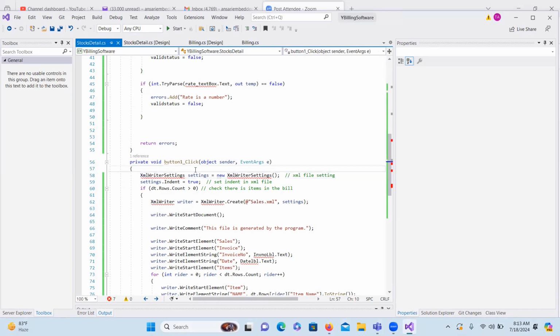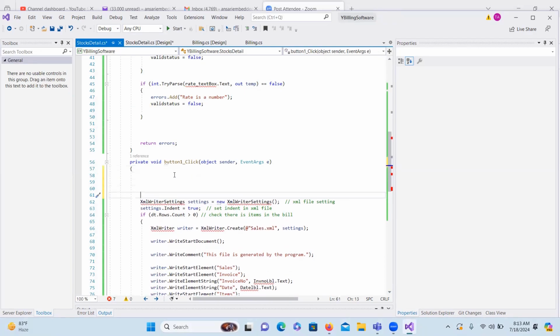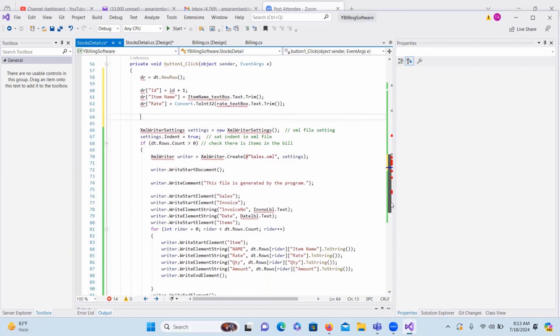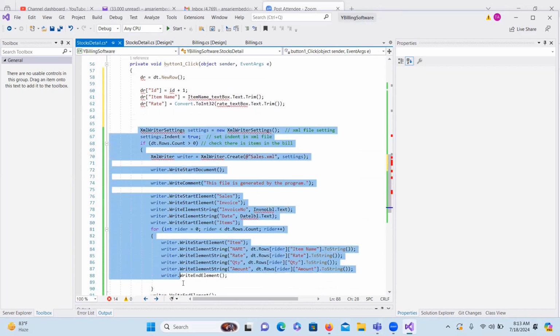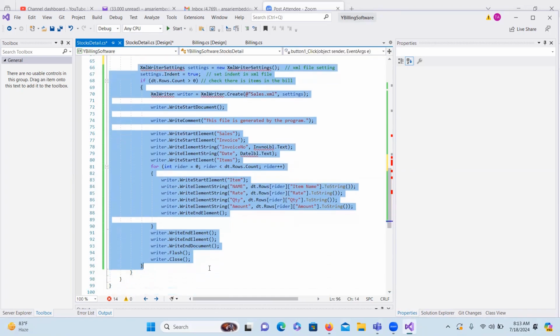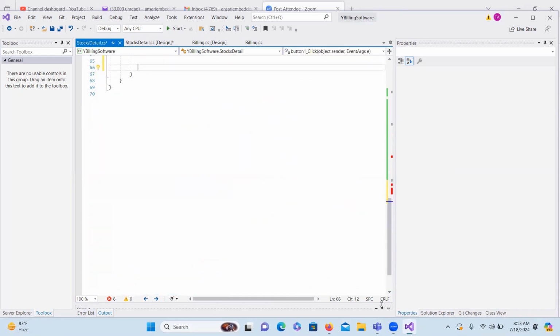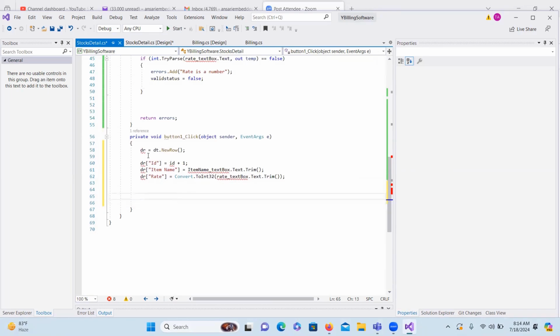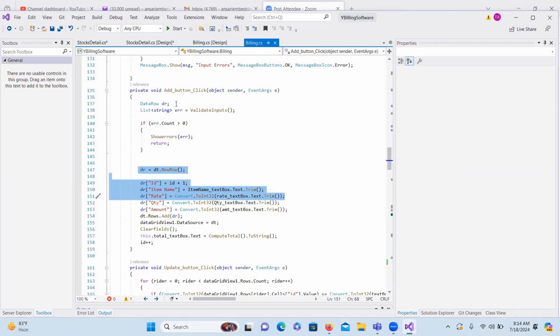Right. So here, let me paste that. I think we can come back to this at a later point of time. This is too early to store that in a table. So to store that in, so DR, I think we have a mistake here. We have to declare a zero. I think we can copy these things